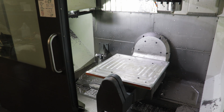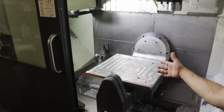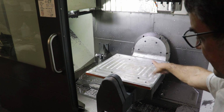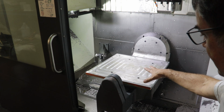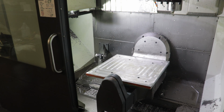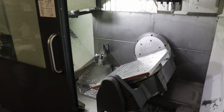There we go. Whenever you activate moving one of the tilt axes, there's this air brake, an air cylinder that releases the brake on the main platen of the milling machine. So that's that sound you heard. And now when I spin the knob on the controller, this is just the handle jog button, then I can create basically a horizontal